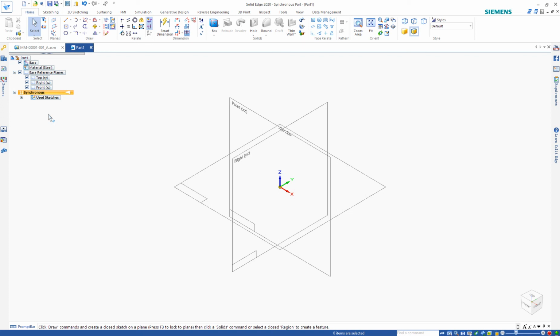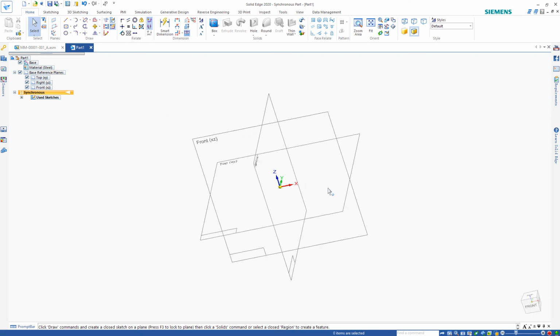So for synchronous, it's easier for you to change. It gives you more freedom. And I think you will understand what I'm saying when we finish this part. You will see the advantage of synchronous technology. Okay? So to design this part, the first steps are similar to what we did before